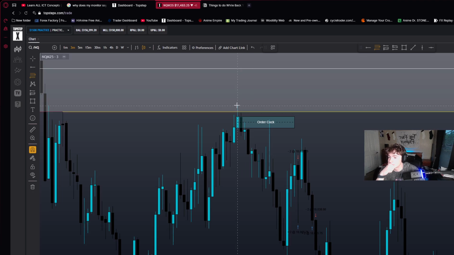All right, bet. So we'll go to the swing low. Price moves up, comes back down. We create a swing low. OTE, also the order block. That's perfect. That's a perfect entry right there.